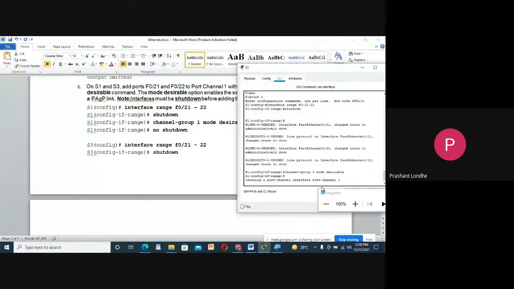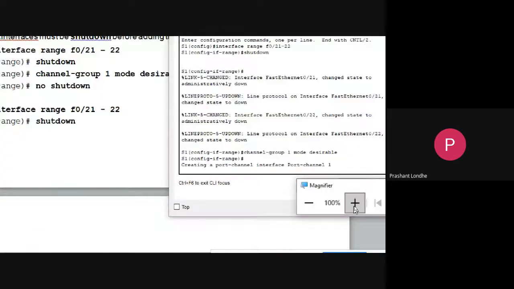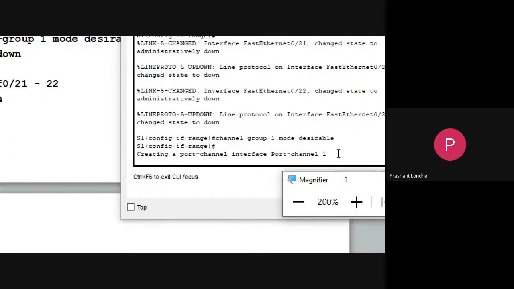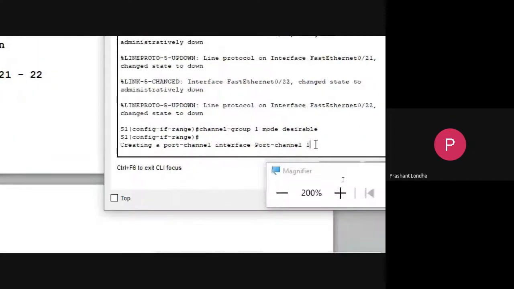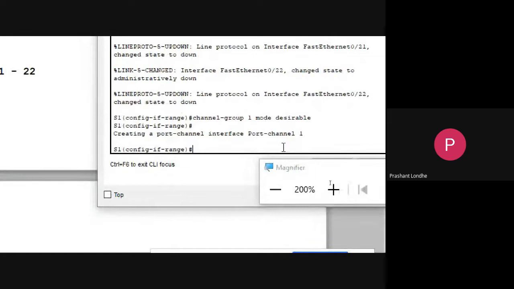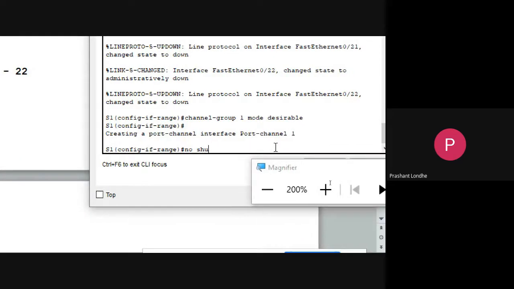Just see here, I'm getting the message: creating a port channel interface with port channel 1. Then you need to make the interfaces on again, so I will fire no shutdown.